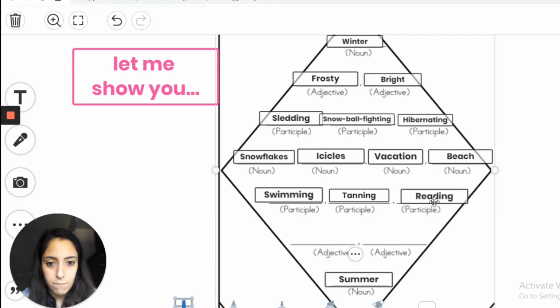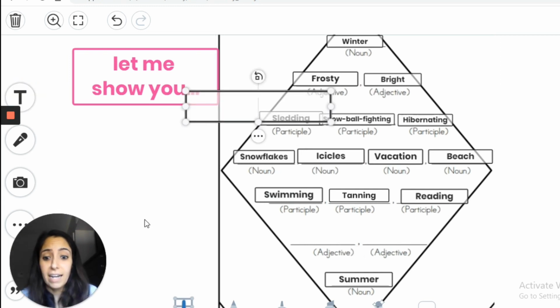And now I have 3 verbs related to summer. Participles, verbs, actions that end in ing. And now we can move on to our last line that we have to complete, which is the adjectives. So 2 describing words for summer. Well, one right off the top of my head, I'm going to say hot,